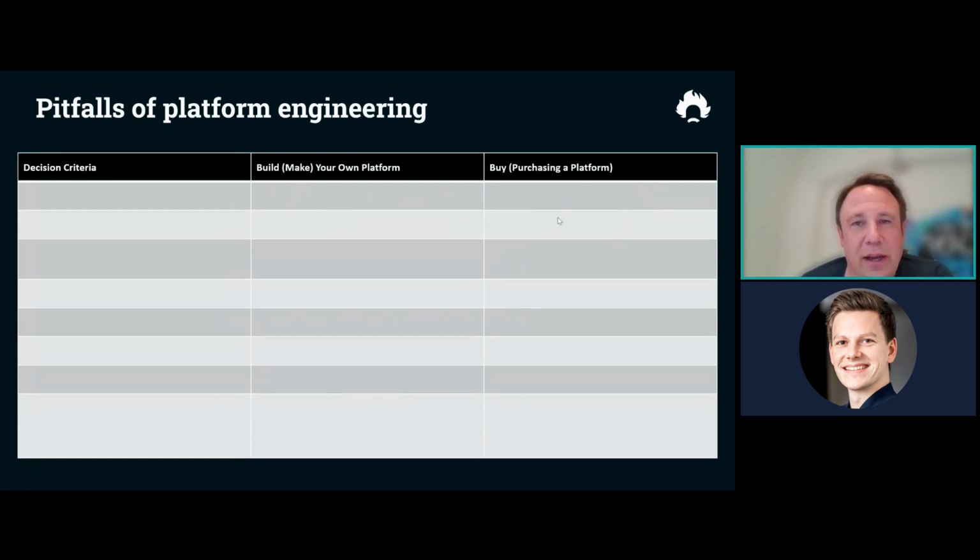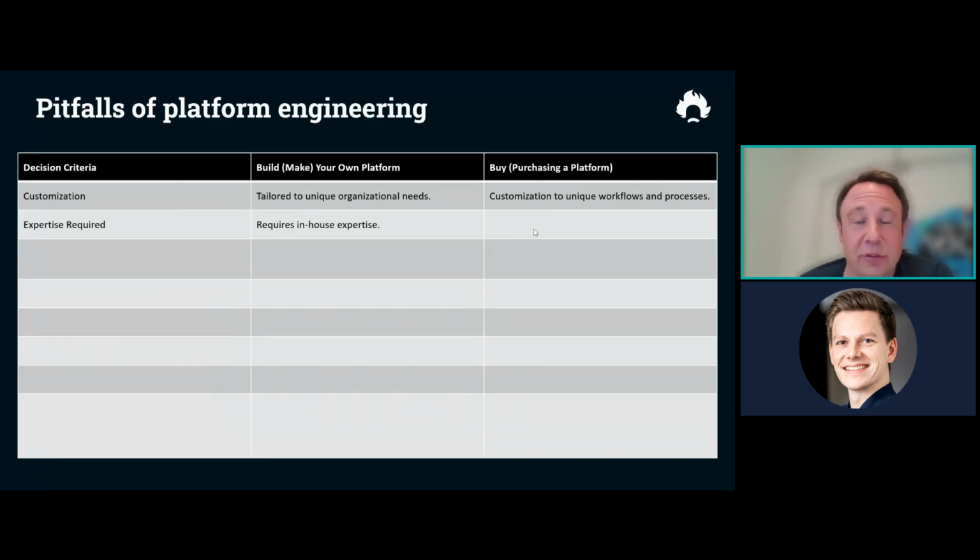So how do you decide when to build your own platform and when to look for an out-of-the-box internal platform or solution for platform engineering? First criteria is the level of customization that you need. Is it required to be unique to your organizational needs, or do you have single workflows and processes that need to be customized based on an existing out-of-the-box solution?